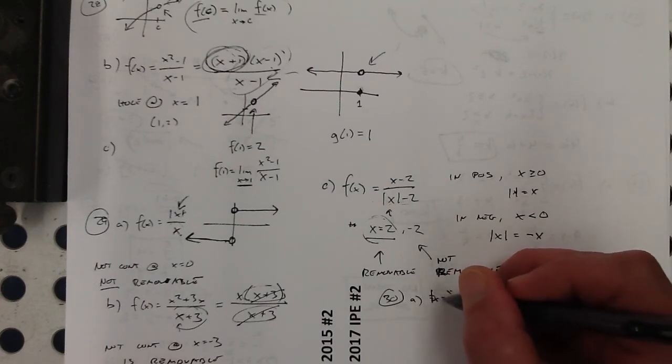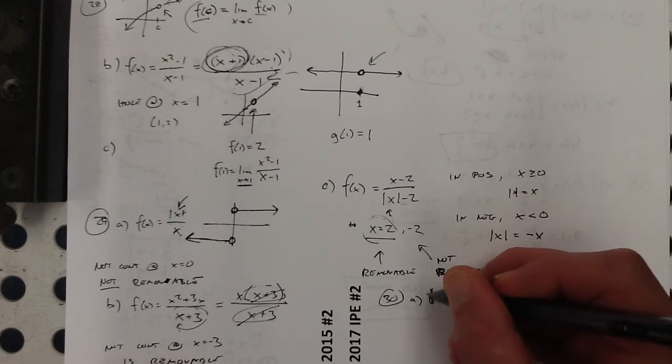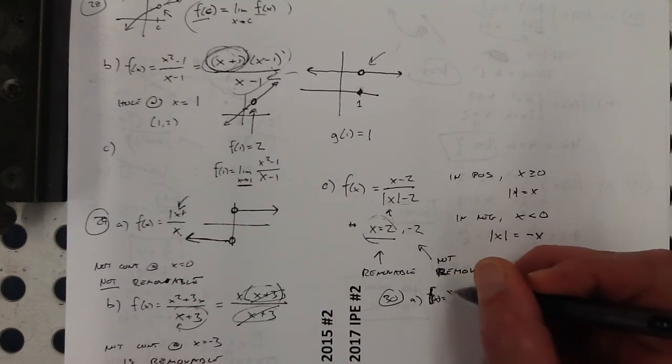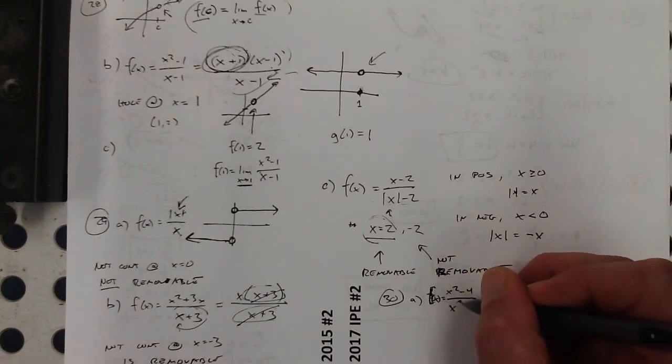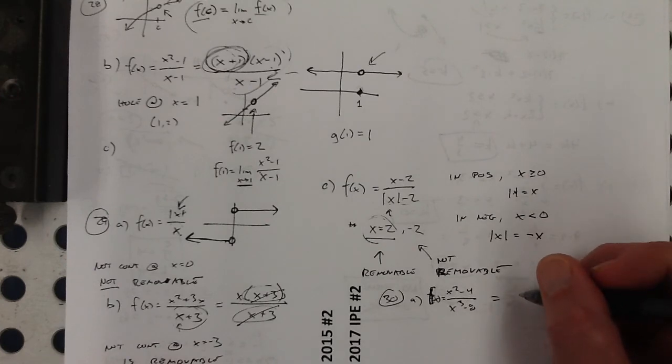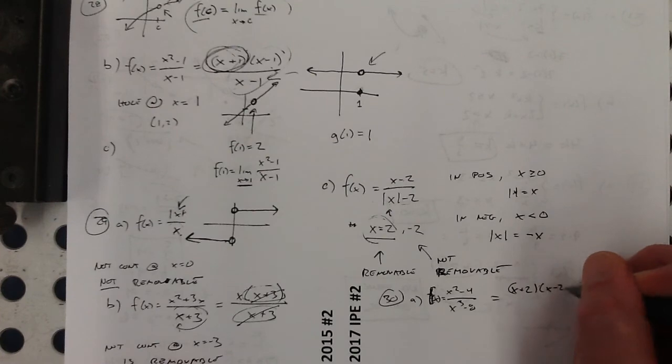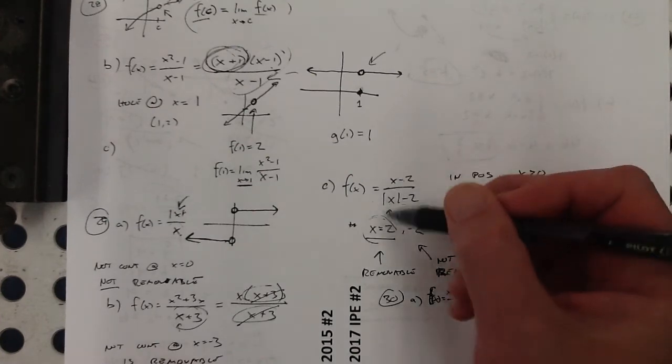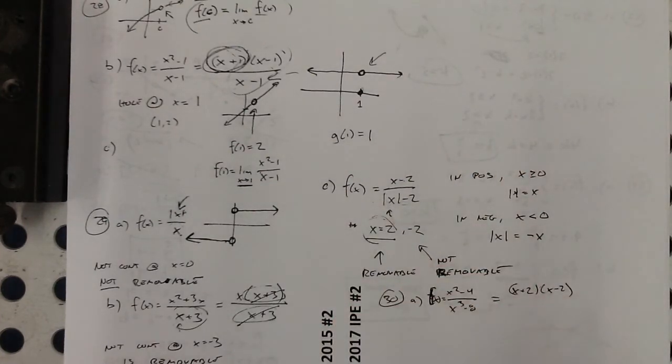Half of x equals, sorry, I'm trying to go fast, making a mess, x squared minus 4 over x cubed minus 8. So on the top, that's x plus 2, x minus 2. I'm factoring these because that's what determines whether it's a hole or not. It's a hole if the same factor shows up on the top and the bottom. And then on the bottom, I don't know if you remember how to factor the difference of two cubes, but